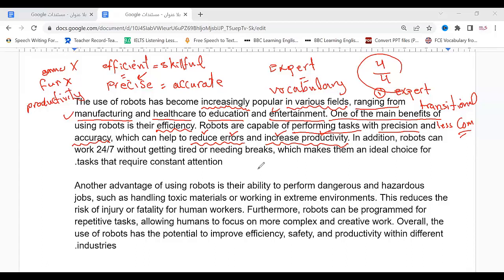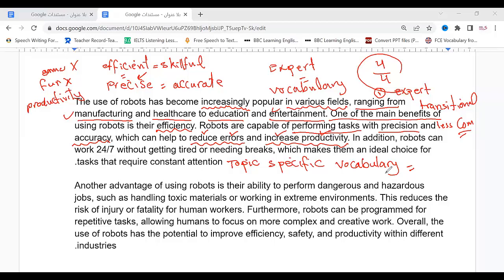So we can comment here that this student used topic-specific vocabulary. What we mean by topic-specific vocabulary is that each one is an expert in his specialization and